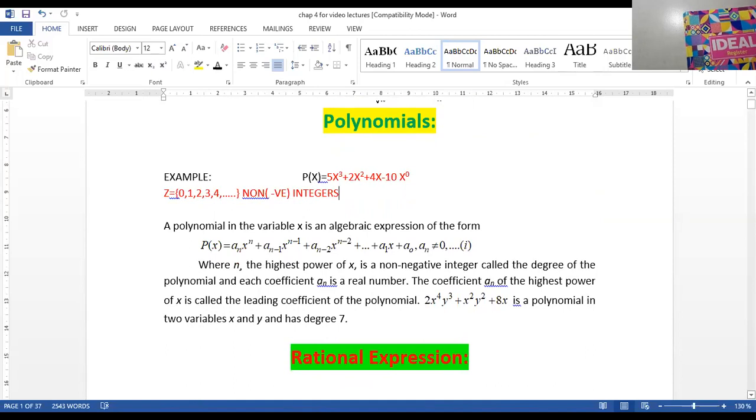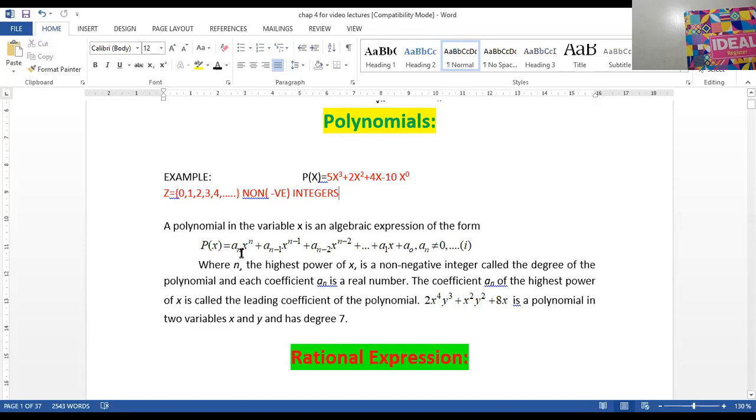Yes, anybody? Okay. I am going to explain the actual term, polynomial, and you will see that this definition itself contains a few other parts. Read with me: a polynomial in the variable x is an algebraic expression of the form. We are generalizing it. I have quoted the example first right here, which I explained earlier. Now I am going to tell you what is meant by the nth degree, or by definition, how we write the polynomial.